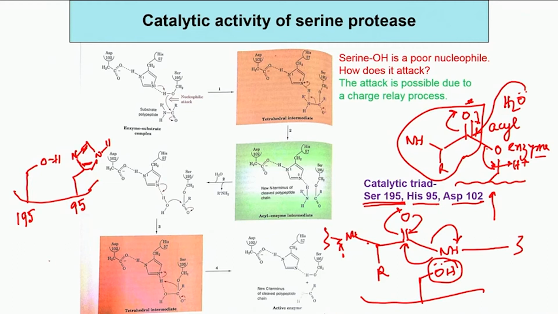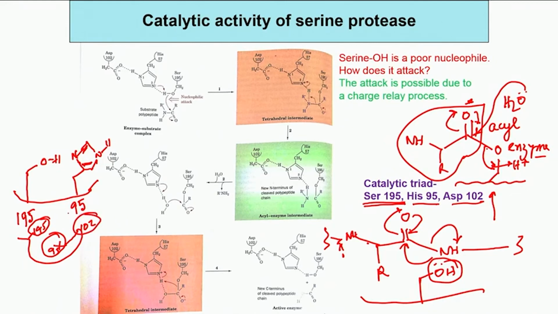So, possibly it will be like this, that first you have 95, then 102 comes. You have a 95 at some position, then you have a 102 somewhere here, and then that turns back, and then you have 195 here, because that is the only way you can have that. So, the 95 goes to 102, and you actually go from the N terminus to the C terminus. So, 195th is a serine, 95 is histidine, and 102 is your